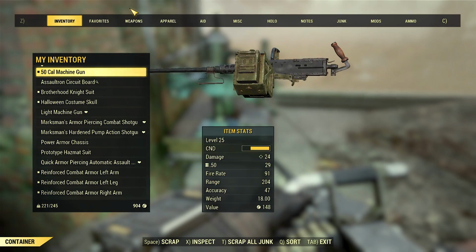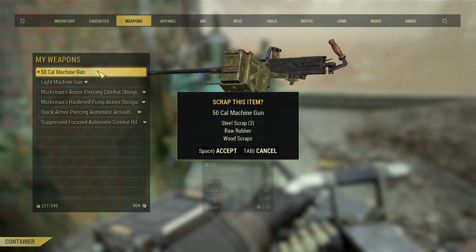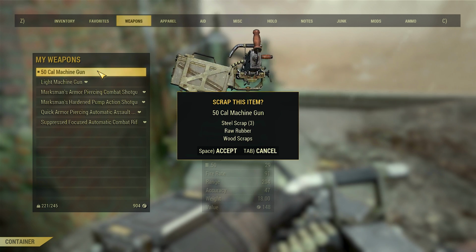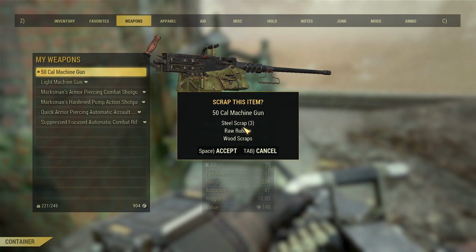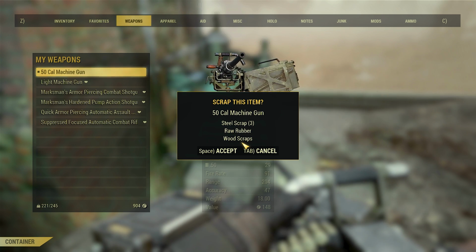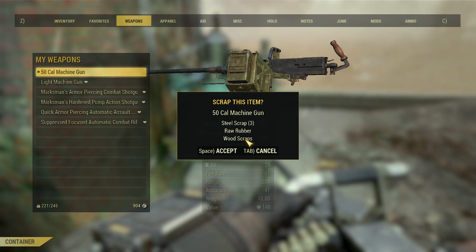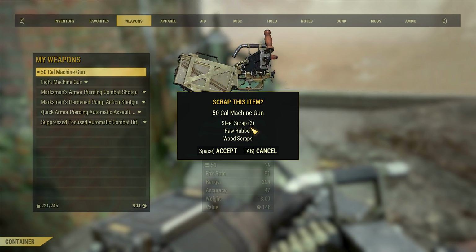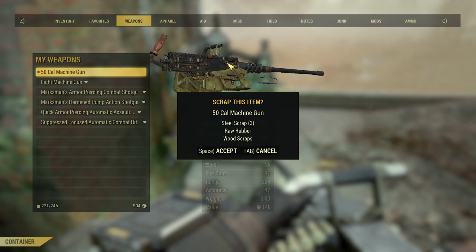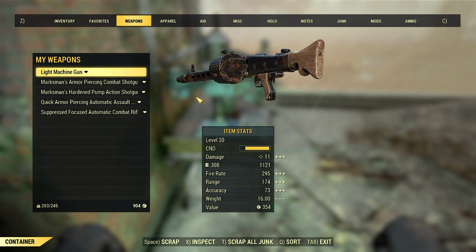Alright, let's scrap our junk. Let's go to weapons. Unfortunately, we're going to scrap the 50 cal machine gun. See, here's the problem. Look what it gives me. Steel scrap, rubber, and wood scraps. That's why I had 1,000 wood. And the wood is actually heavy, so I went through and got rid of some of that. Why doesn't scrapping these things give me some screws and springs? I'm going to say, in my opinion...